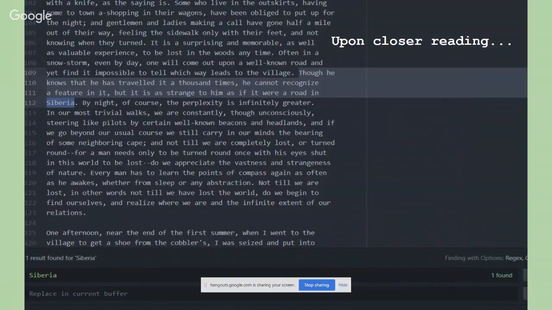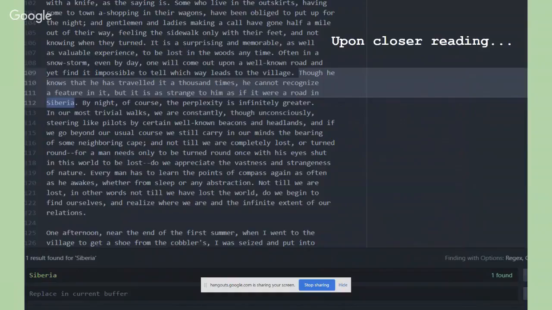And it's interesting that if you read the context of Siberia, it's actually to convey a sense of unfamiliarity rather than familiarity. You get the sense that through the common nouns like the woods, the village, ponds, that's a very intimate relationship with these places, whereas the proper noun, Siberia, conveys a sense of